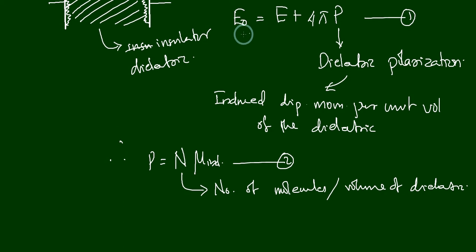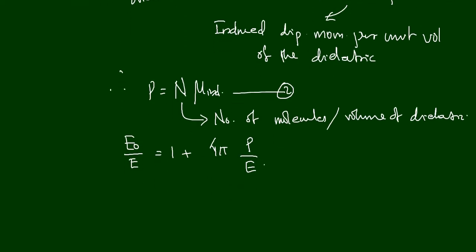So if we divide the whole equation, left hand side and right hand side, by E, then we will get E0 divided by E is equal to 1 plus 4 pi P divided by E, right? And if we substitute for P, because we already know that P is equal to n into mu induced, then we will get E0 divided by E is equal to 1 plus 4 pi n into mu induced divided by E,